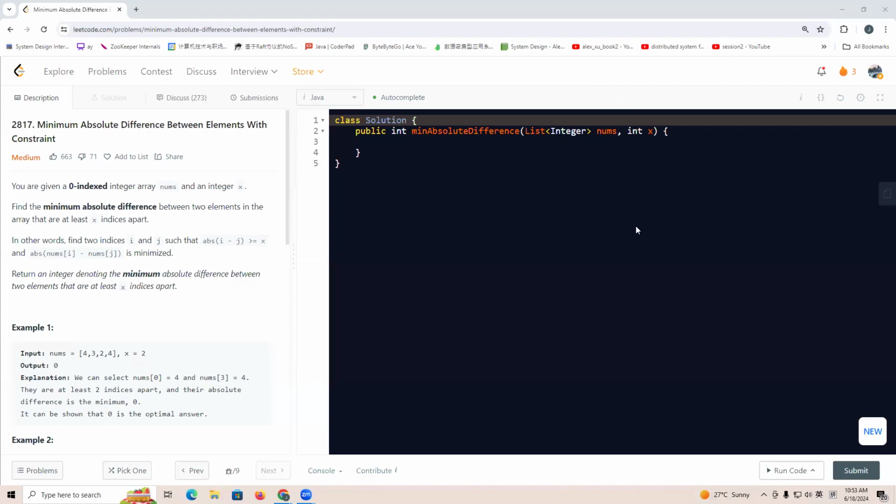Let's go to LeetCode 2817, Minimal absolute difference between elements with constraints. For this question, it gives us a list of integers nums and also an x. So it asks the x is minimal